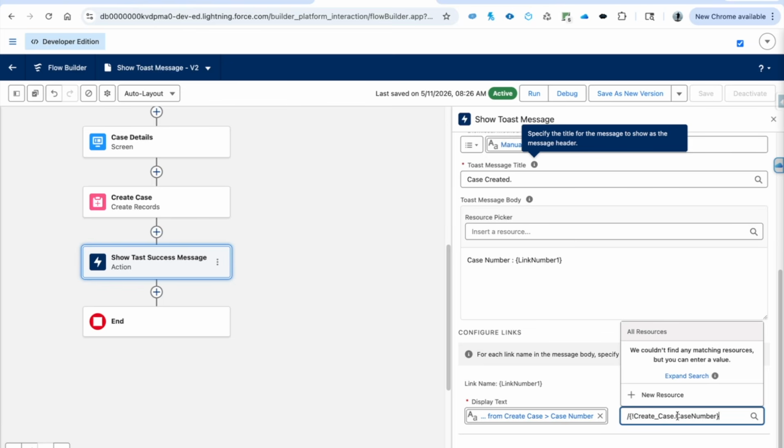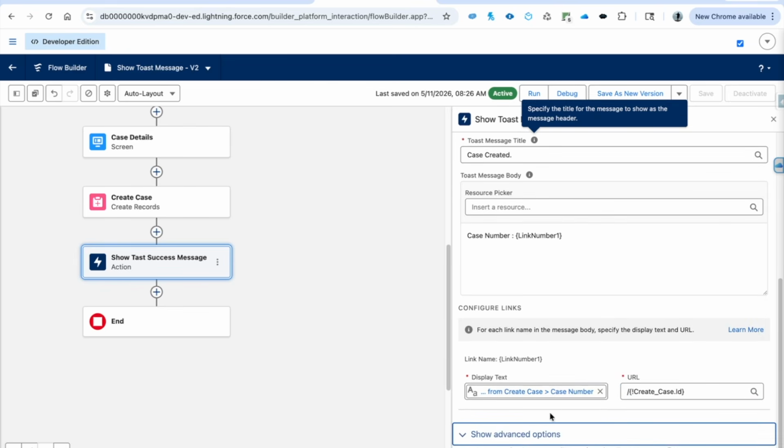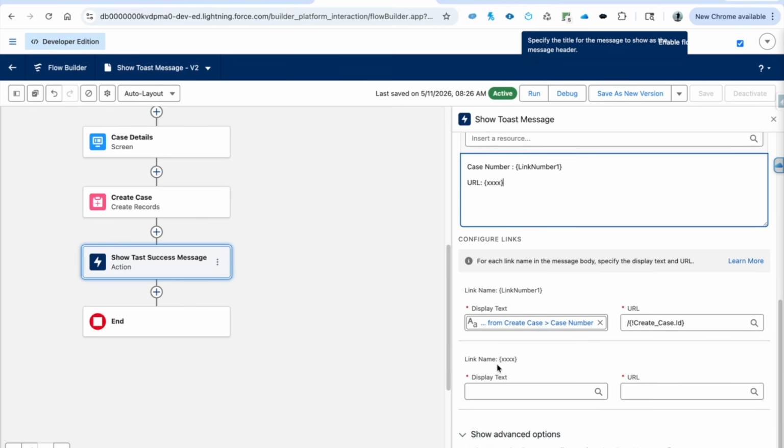and instead of case number I will simply type ID, so that it will redirect me to the case record when I click on it. So hopefully you will get it. And if you want to add more additional links, you can. Simply type any text and put that text under curly braces. As soon as you add the curly braces, you will see another link name got added